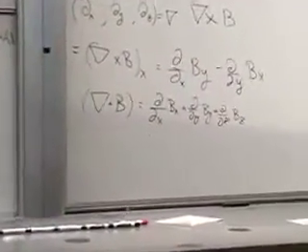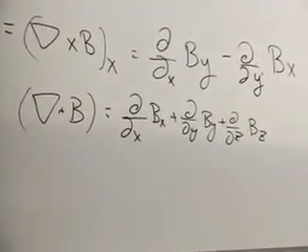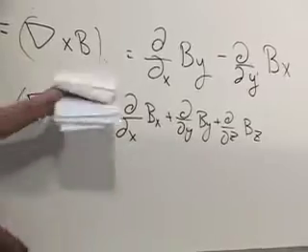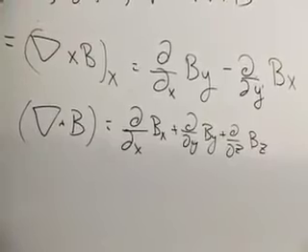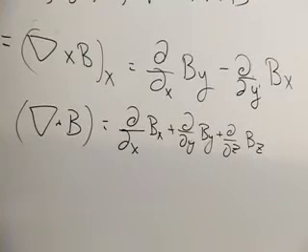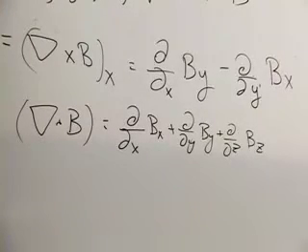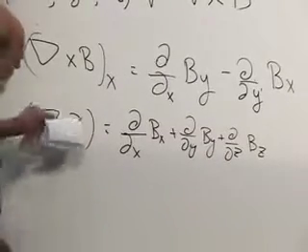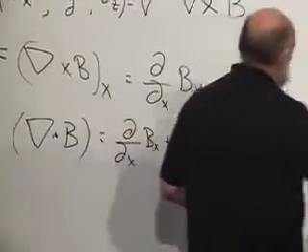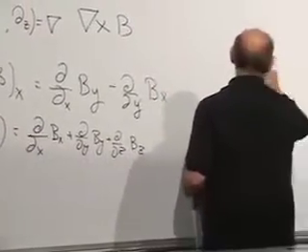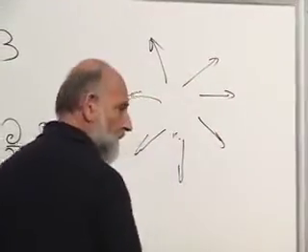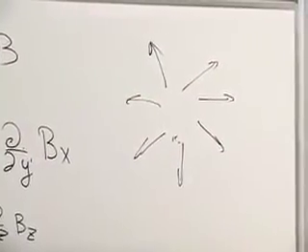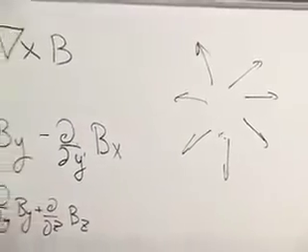Now, these two objects are composed out of derivatives of the components of vectors. If a vector field is constant in space, it has neither a divergence nor a curl. Roughly speaking, a vector field has a divergence when it seems to be emanating out of some place, like this. A vector has a curl when it seems to